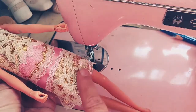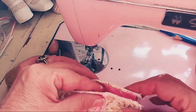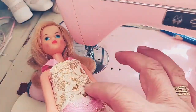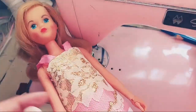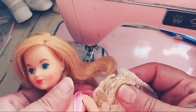I wanted it above the knee. And this is how much room I have in the back. So I'm looking at it also. I don't want to put too much work into it, but it's not going to go anywhere. So I'm not going to sew this. I don't want to see a seam here on this beautiful lace. So